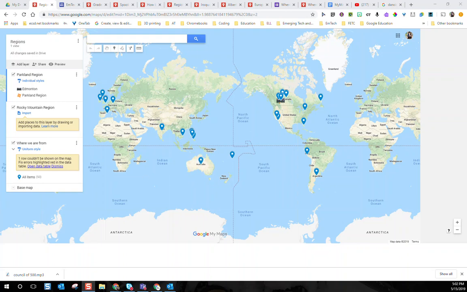So you can even think about how great it would be if kids were creating a timeline of historical events. They actually put it in a Google Sheet or even fill it out in a Google Form, and then in one click of a button, all that information is going to populate in their map. Summarize, get all that info in one place. Super fun. Super fun.